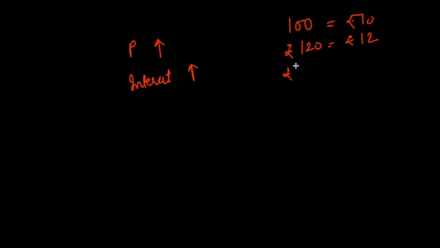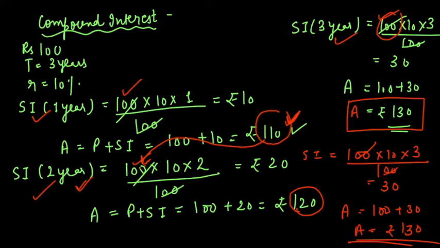So when I am saying the principal is increasing, if principal is increasing, what will happen? Interest will also increase, right? If you were paying on 100 rupees, you were paying rupees 10. Now for rupees 120, maybe you will pay rupees 12. And then for the next year, rupees 14. So as your principal is increasing, your interest is also increasing, because the amount which you have calculated for the previous year becomes the principal for the next year. That is why compound interest will be more expensive.